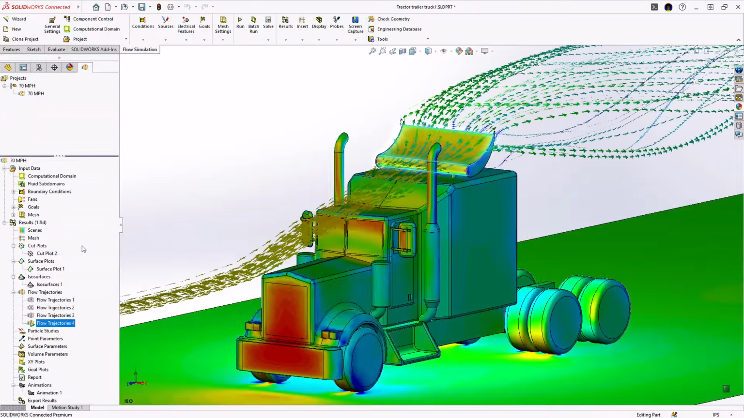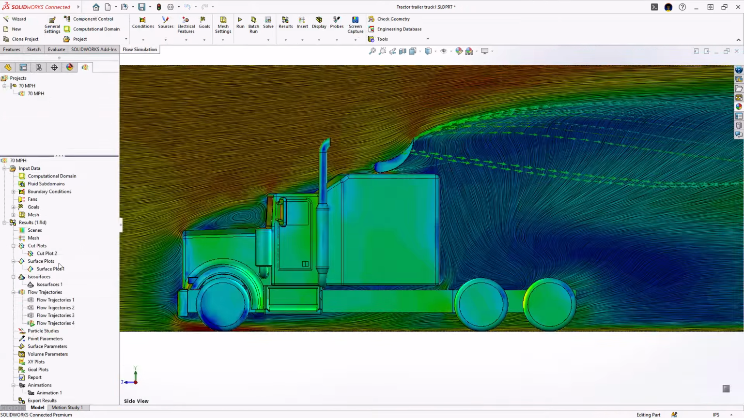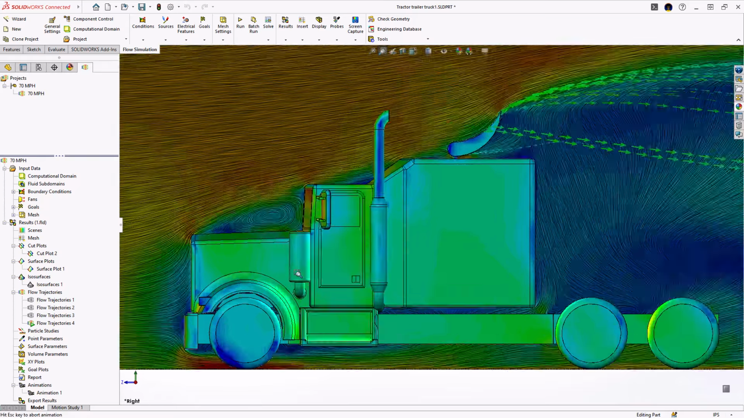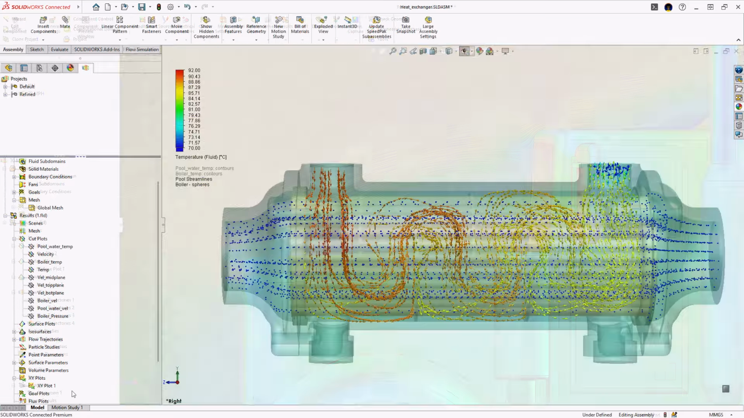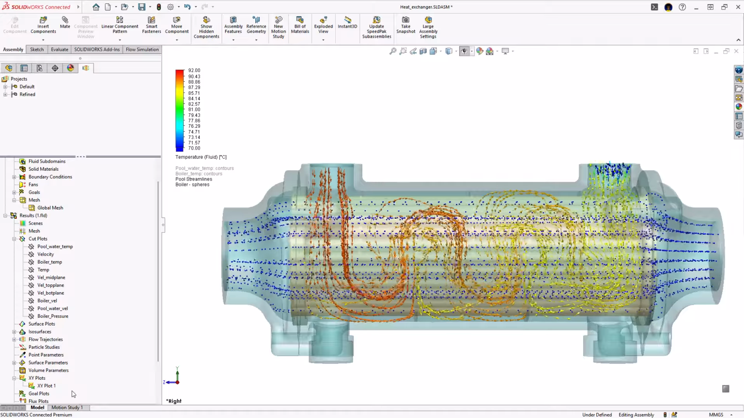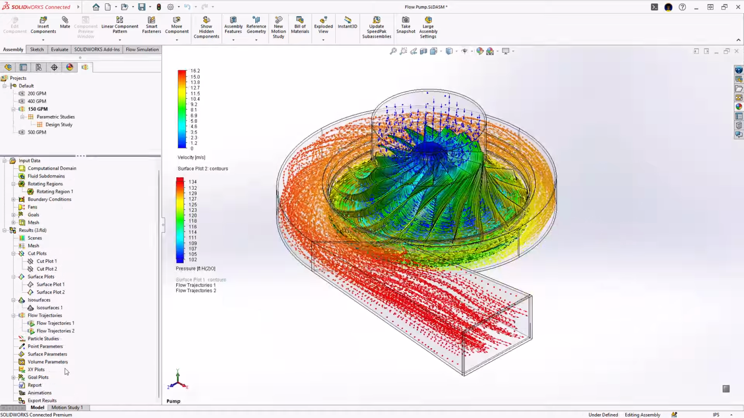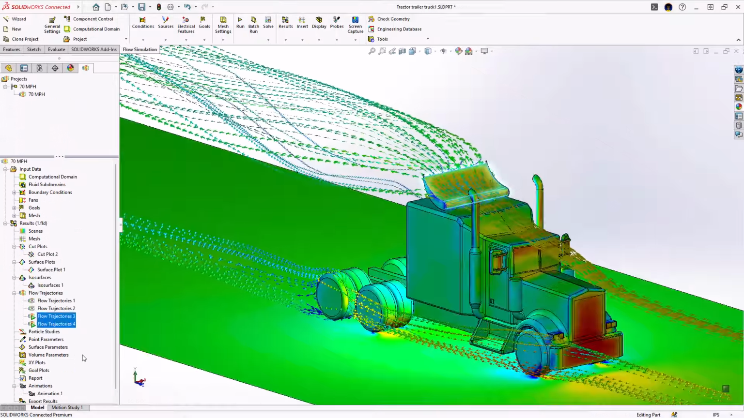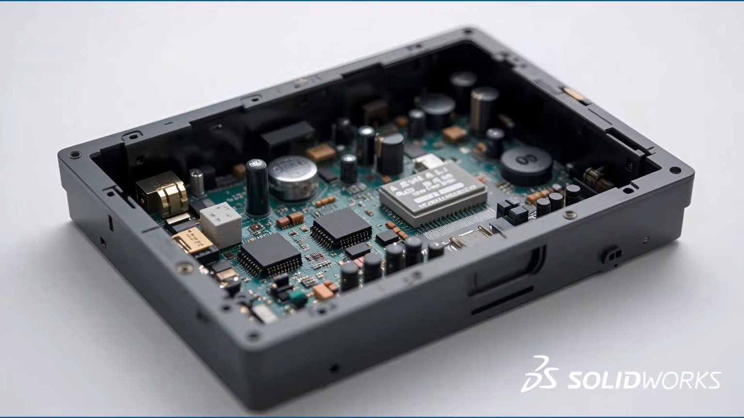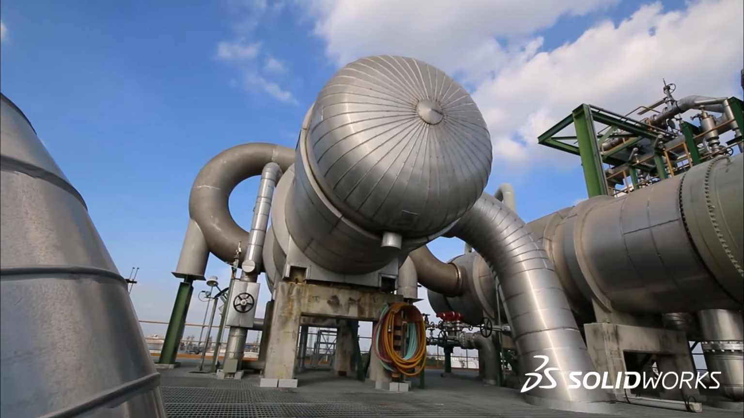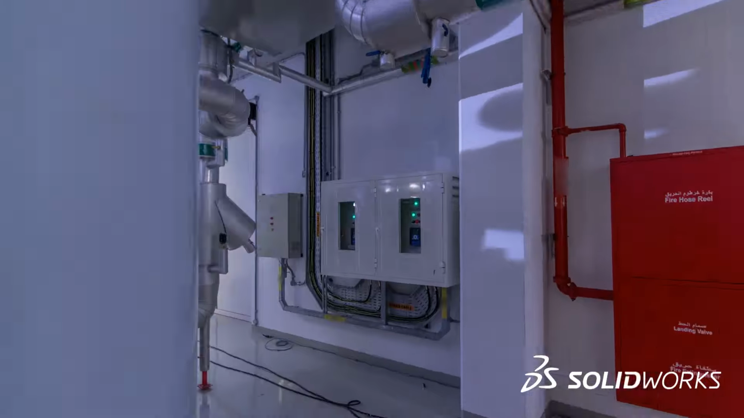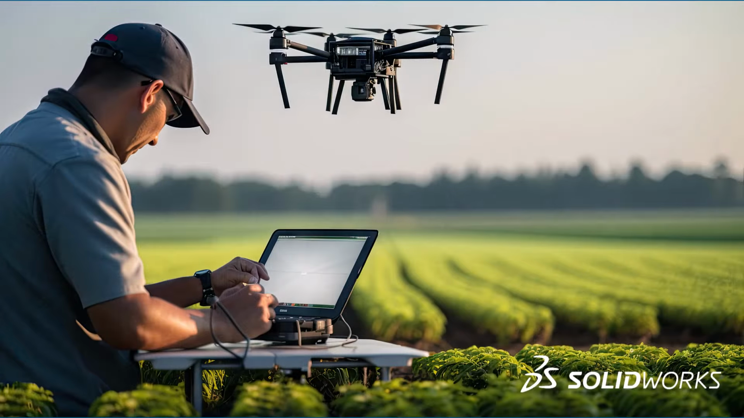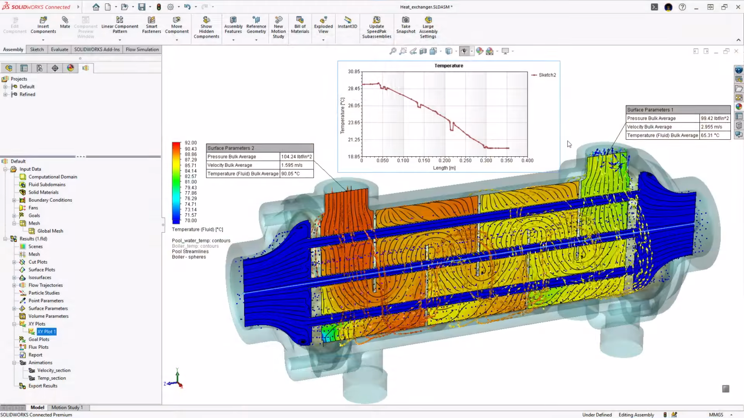From high-tech to aerospace industries, if it moves through air, water, or any type of fluid, SOLIDWORKS Flow Simulation shows how it performs. SOLIDWORKS Flow Simulation helps you simulate reality so you can deliver products that perform under pressure, temperature, and in motion. Whether you're designing electronics, HVAC systems, valves, pumps, or even drones, Flow Simulation gives you the confidence